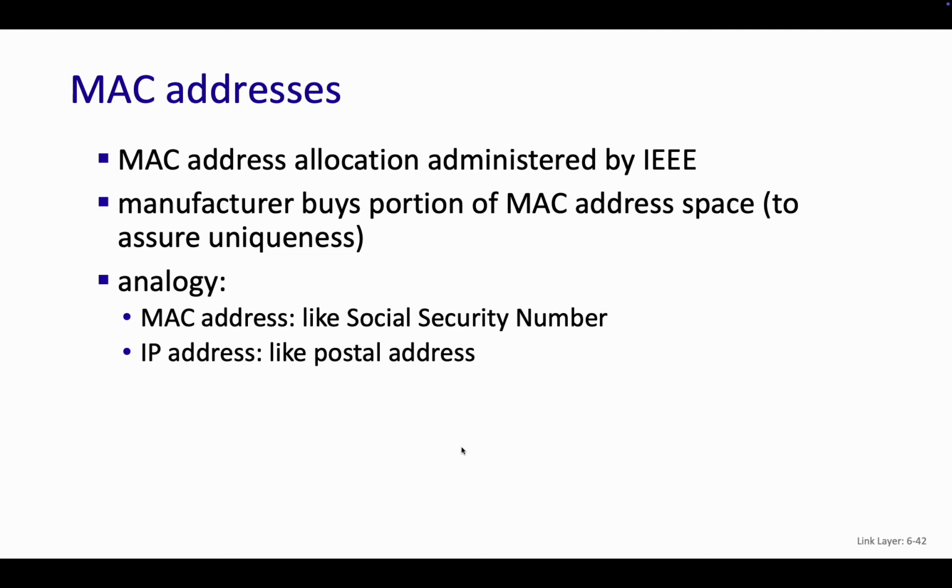The analogy's breaking down a little bit, but for this discussion, think of MAC addresses like social security numbers, where when a device gets created, it gets a MAC address. When you were born, you got a social security number, whereas your IP addresses are something that's changing. Also, IP addresses encode location, kind of like your postal code. You live in Salt Lake City, you live in Provo. It kind of tells you where you're at.